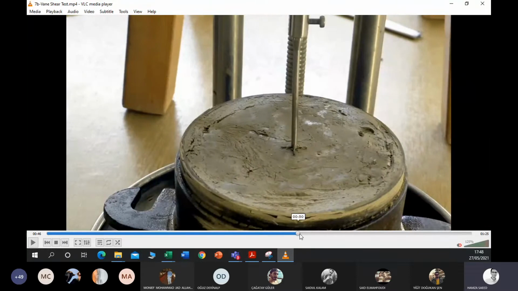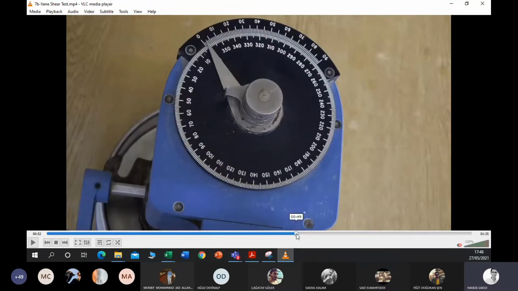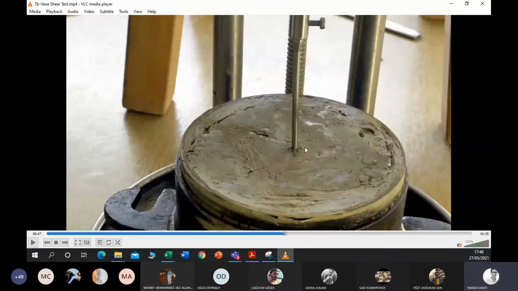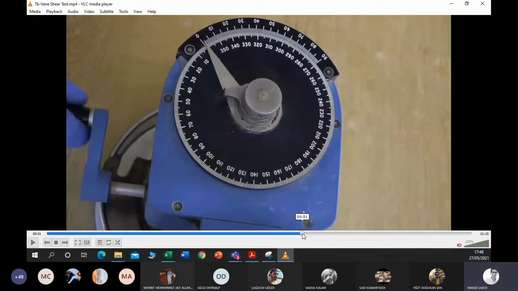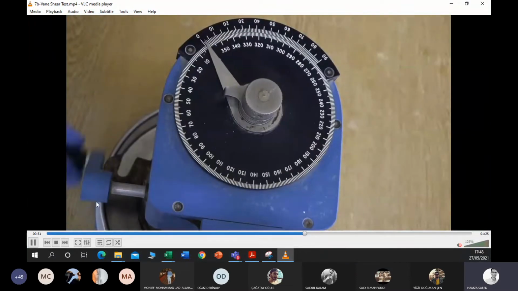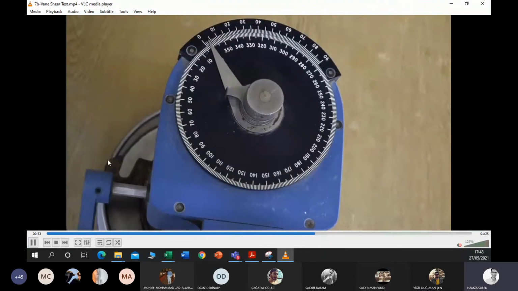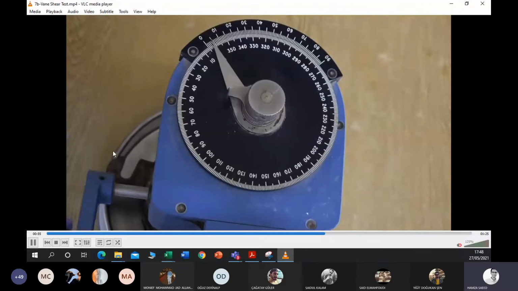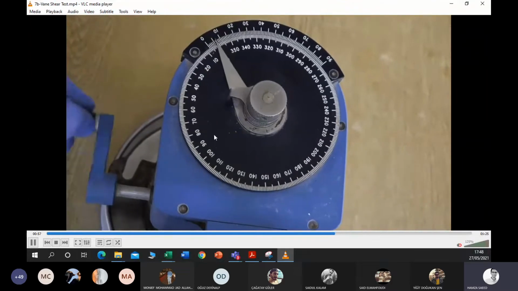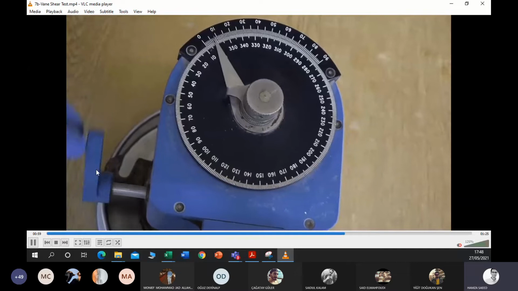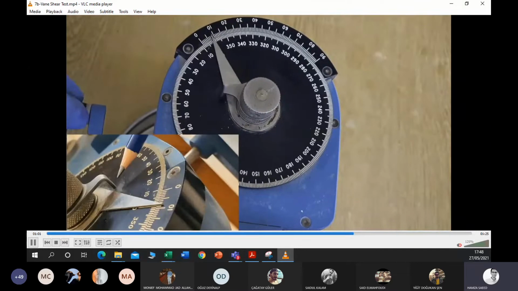So what is happening over here is that, as you are rotating the handle, the soil is resisting that torque until it fails. So how do we determine when the soil is failing? As you can see here, this handle is rotating the blades. These rotations should be 2 revolutions per second.